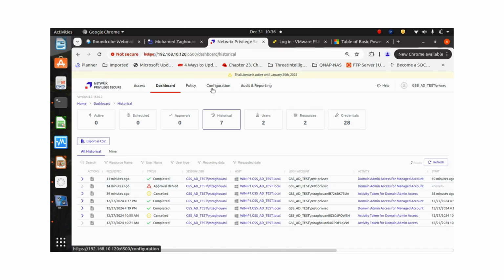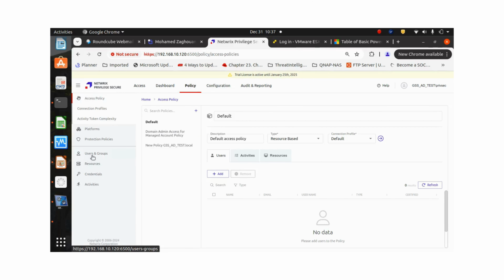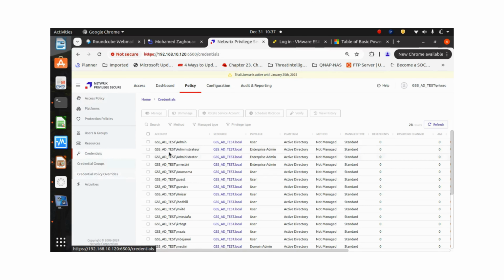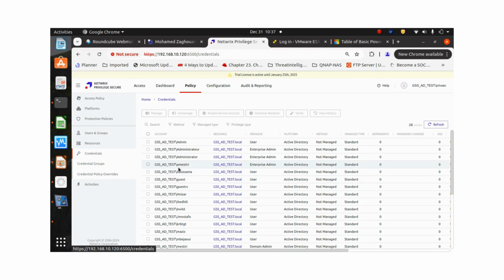So, another use case using the PAM is credential management. We can onboard accounts from Active Directory, from servers, from applications, databases, and from websites also, and we can manage those accounts and rotate passwords, for example. Here, if we go to credentials, we can find all the credentials discovered from all the platforms